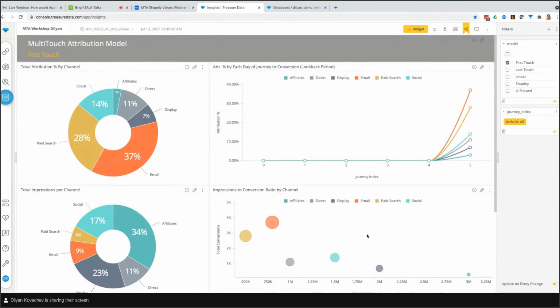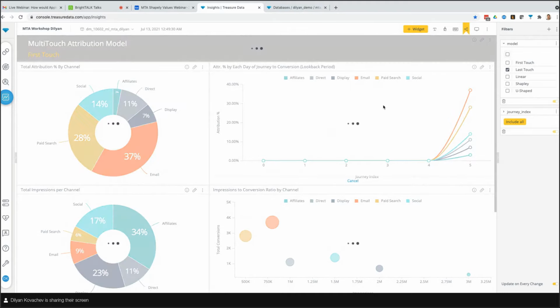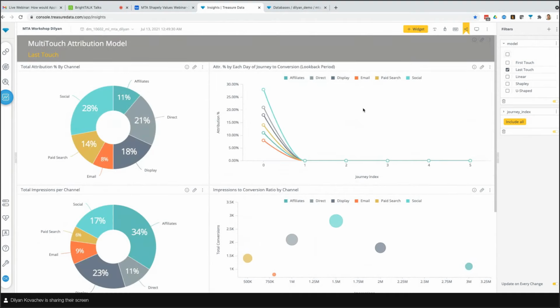So having walked through this one, let's do a quick last touch view just to show you how that changes towards those channels that we discussed earlier that might have high frequency and be closer to conversion. They might get more credit. So when we switch to last touch, all of this adjusted.